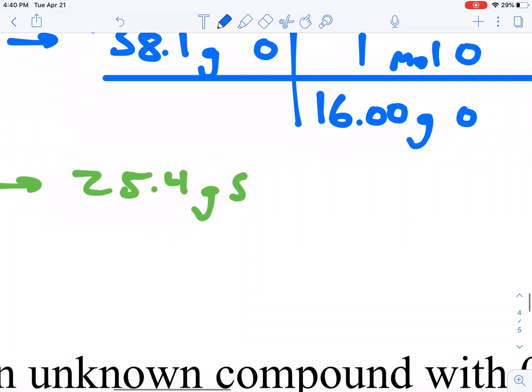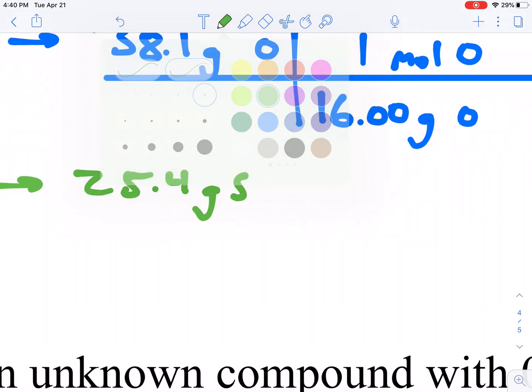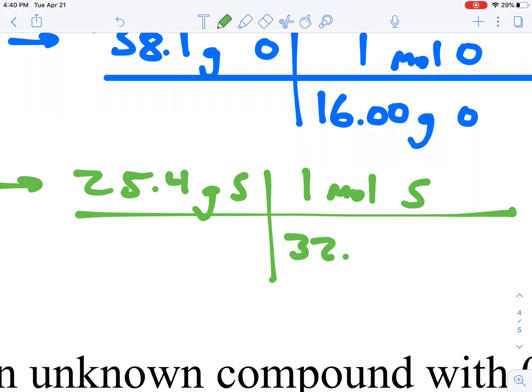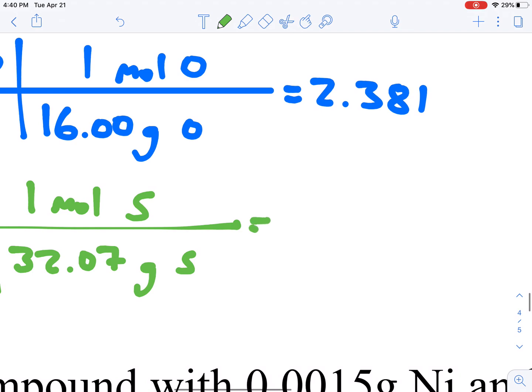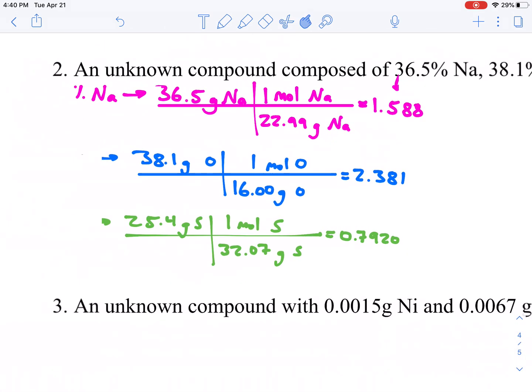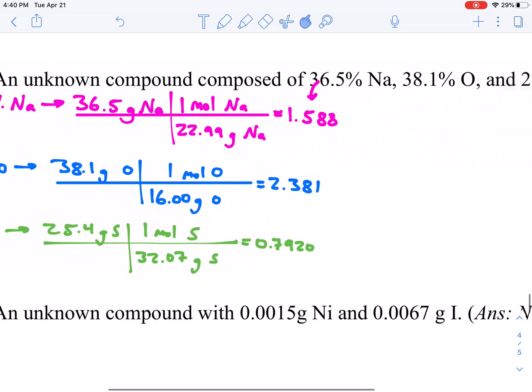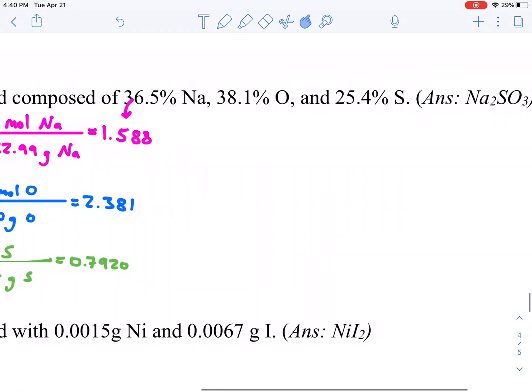And then finally, for sulfur, we have 25.4 grams, but we know that in 1 mole of sulfur, it has a mass of 32.07 grams, and that is straight off of the periodic table. So if you do that math, you will get 0.7920. So this number that we've just calculated, that is the ratio of the number of sodium, oxygen, and sulfur